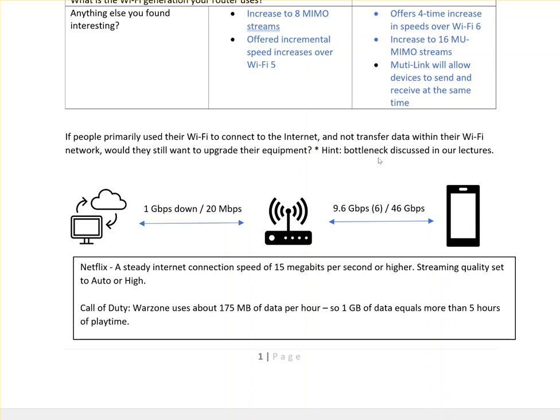Okay? Now, if I'm transferring data in the network, which means I have a smartphone and, say, a computer here, and they both talk in Wi-Fi 6, then they're going to talk at 9.6 gigabits per second. So if I have a media server, then they're going to talk really fast. The fact is they're talking over the stream rate of videos, which we'll look at in just a minute.